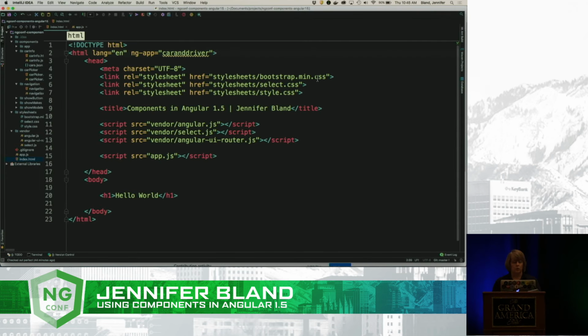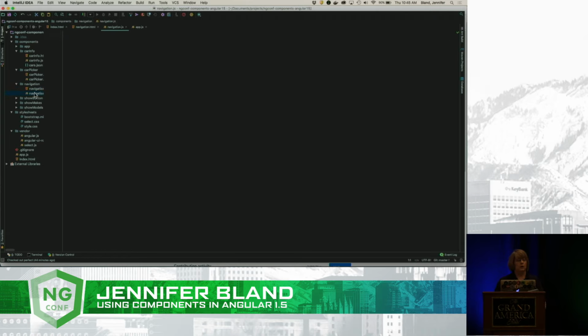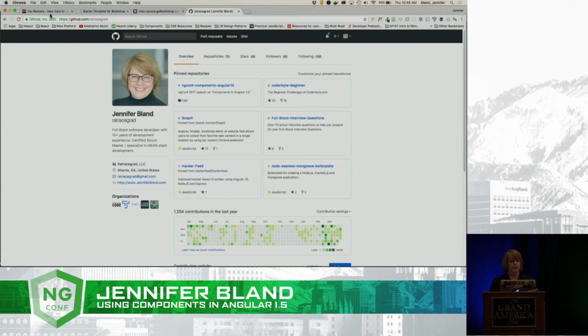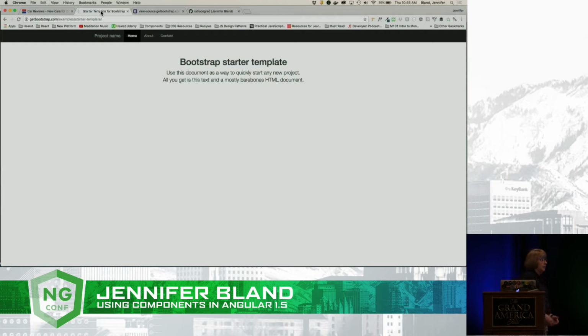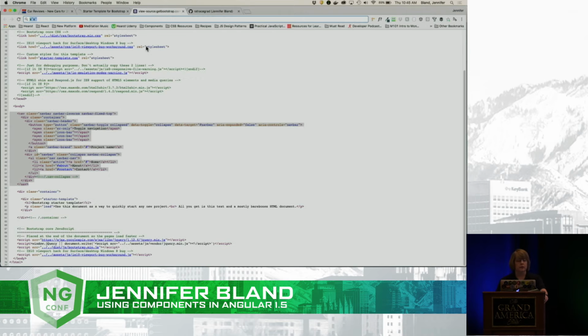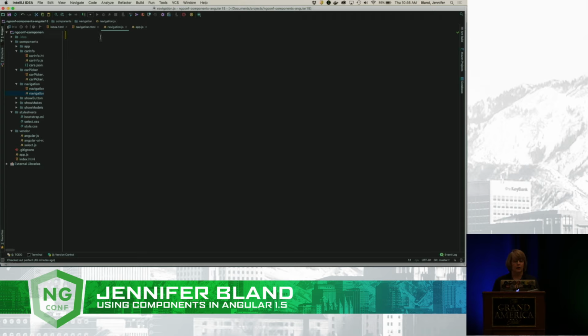So to get started, we're going to start with our navigation. In the components, I have a navigation folder, and we have a navigation.html file and a navigation.js file. In order to create my navigation, I've gone out to Bootstrap, and they have some samples if you've ever been to getbootstrap.com. This is the sample, and if you look at the source code on that sample, this is the information that they have for the navigation. I'm taking that navigation information, and I'm going to take it over here, and I'm going to come into my